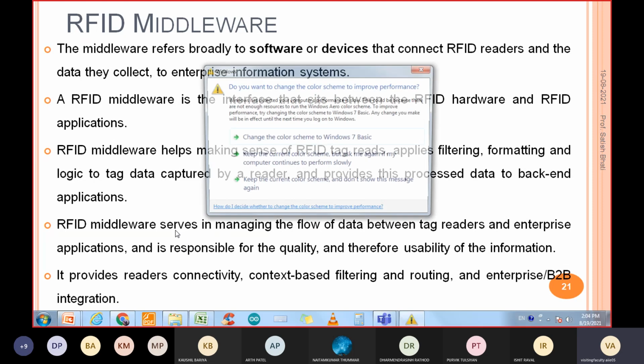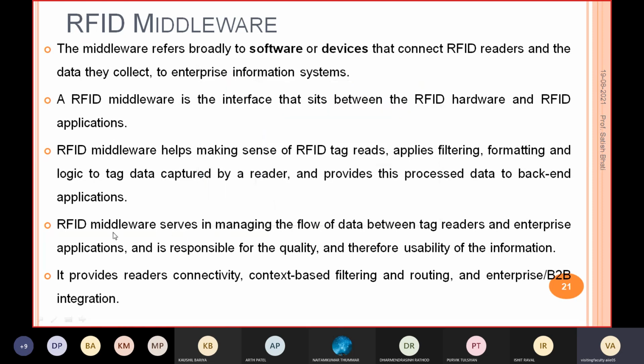So you can call it like the middleware manages the flow of data, whatever data is from the one end, that is a tag, to the last end, that is your user and application. So between these two, this middleware is responsible for quality, right?